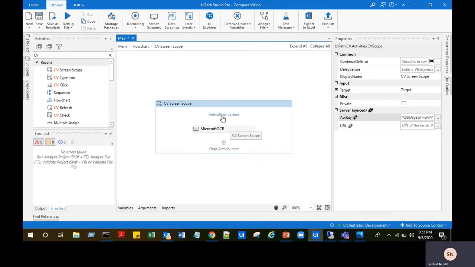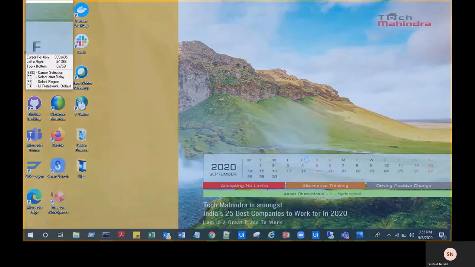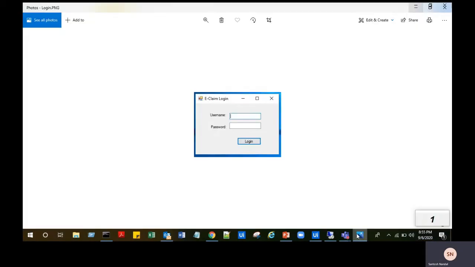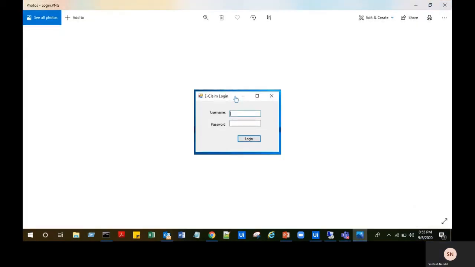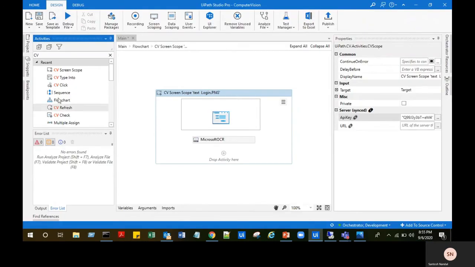Now here, as I said, I don't have access to the RDP server, so I will use the screenshot to build this workflow. So let's indicate the screenshot login screen. Now I have to enter the username and password, so I will use the CV Type Into activity.